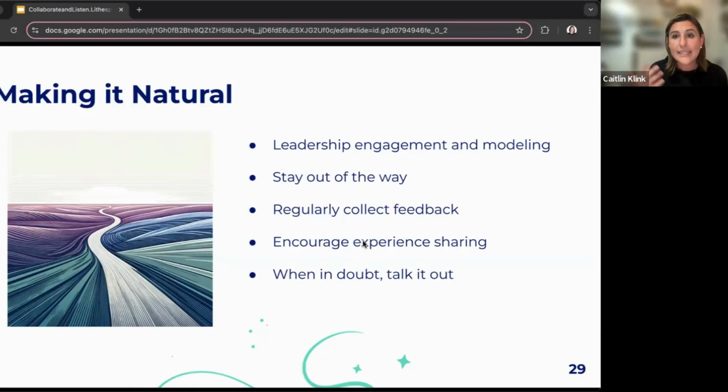And then lastly, when in doubt, talk it out. It may seem counterintuitive in a talk about being asynchronous to say schedule time to talk through how to be asynchronous. But the reality is that the gains you will get by taking some synchronous time to define these asynchronous behaviors are by design a compounding impact on productivity.